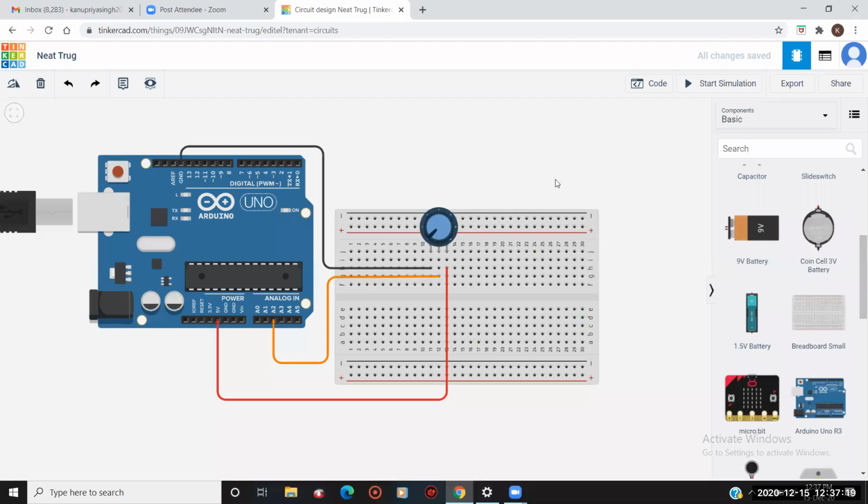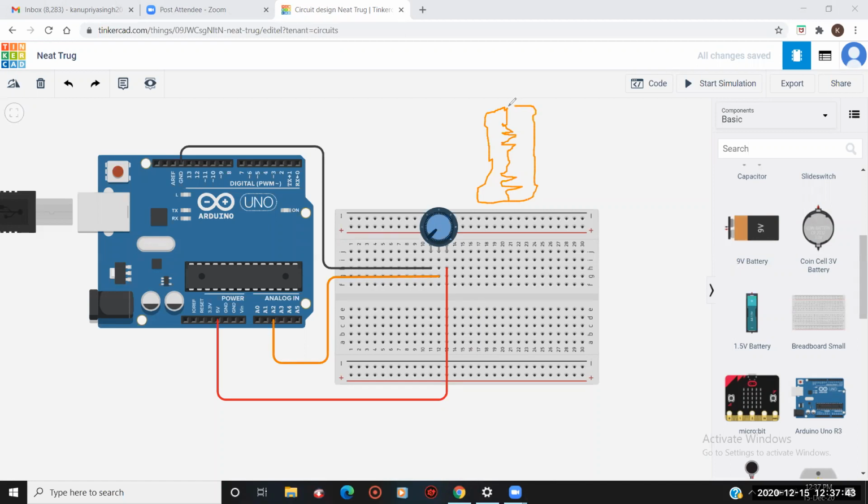Basically, this potentiometer has two resistors inside it. Let me draw it for you. These are the two resistors, and these are the terminals.